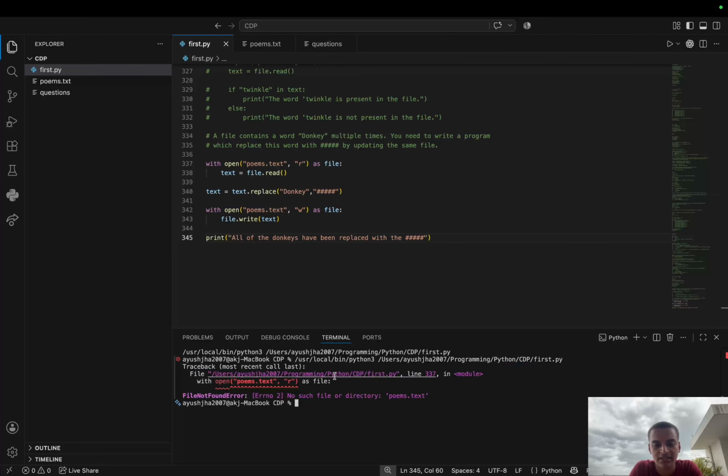क्या लिख रखा है कि आपका ये जो है, ये तो ठीक है, विथ ओपन, ओपन कहाँ लिखा है मैंने, हाँ ठीक है, विथ ओपन poems.txt एज फाइल हमने कर लिया। फिर हमारा क्या ले रखा है कि एरर नो सच फाइल और डायरेक्टरी। अच्छा देखो, टेक्स्ट को हमने यहाँ पे गलत लिखा है, ये टी एक्स टी है ना, यहाँ पे हमने टी ई एक्स टी लिख दिया। अब हम रन करके देखते हैं, अब हो जाना चाहिए।